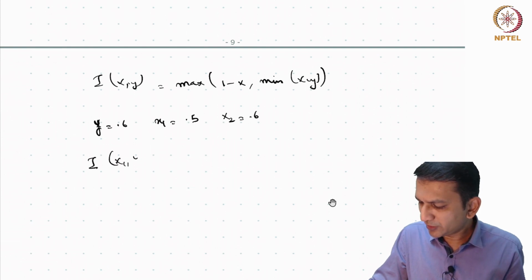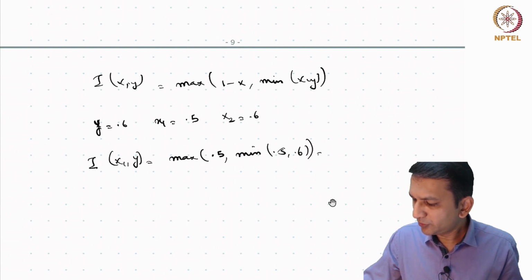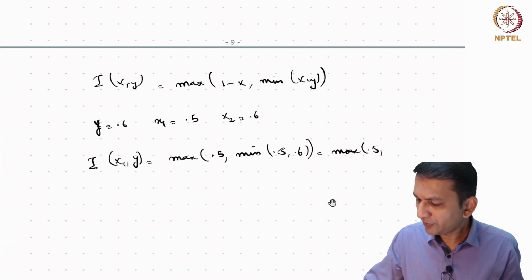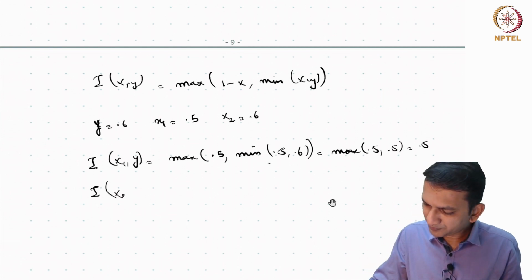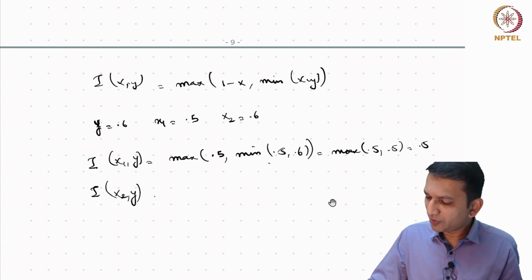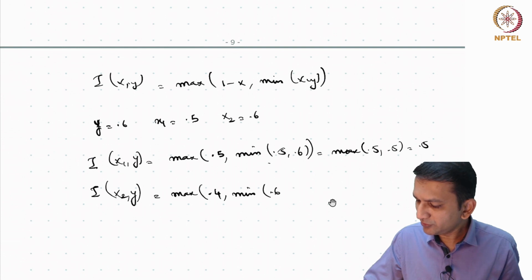Now if you look at I of x1 comma y, this is max of 1 minus x1. Please allow me to write it directly. 1 minus 0.5 is 0.5 comma minimum of 0.5 comma 0.6, which is 0.5, so max of these two is 0.5. If you look at I of x2 comma y, this is max of 1 minus x2, which is 0.4, comma minimum of x2, 0.6 comma 0.6, so this is max of 0.4 comma 0.6, which is